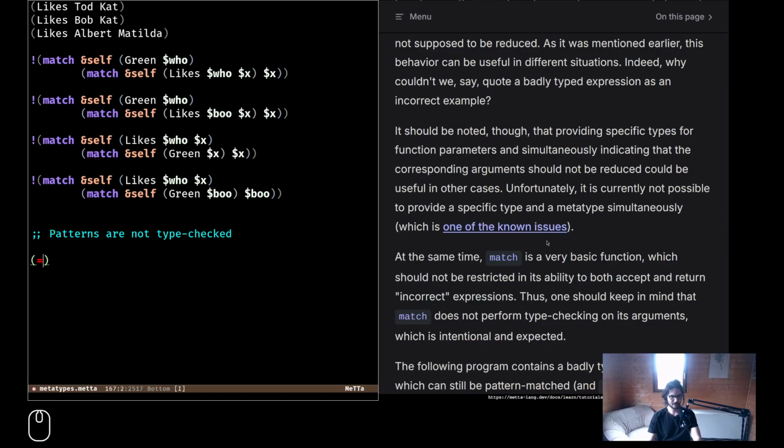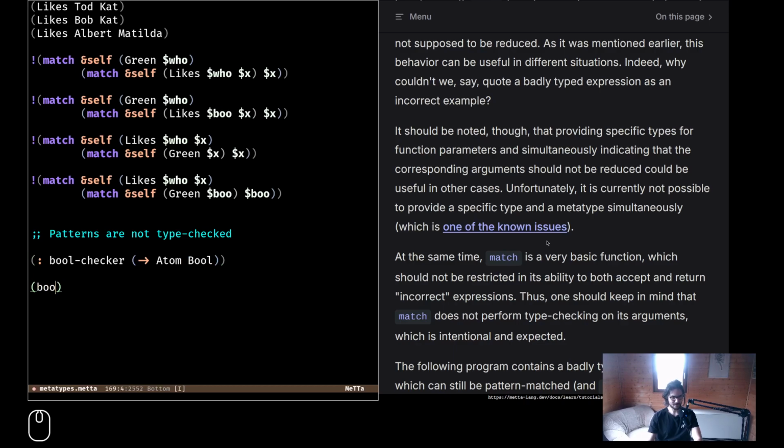Like if I make a function called bool checker, right? I mean, this is silly now, but okay. This is a function that takes an atom and returns a bool, and it returns true or false depending on whether the input atom has the type bool.